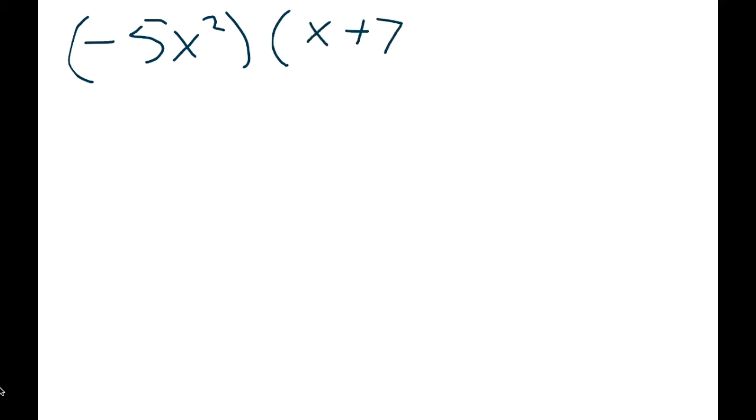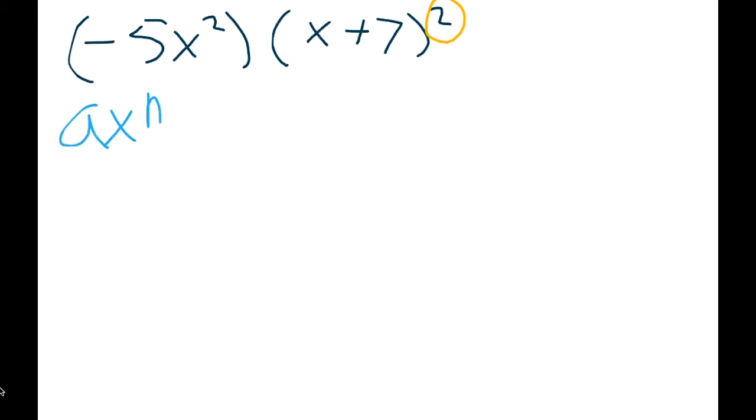For our next problem, we're going to be working with negative 5x squared times (x plus 7) squared. This problem looks a little bit different because of this squared on the outside of the parentheses, which we're usually not used to seeing, but it really doesn't make that big of a difference. We are still going to find our term of highest degree the same way,